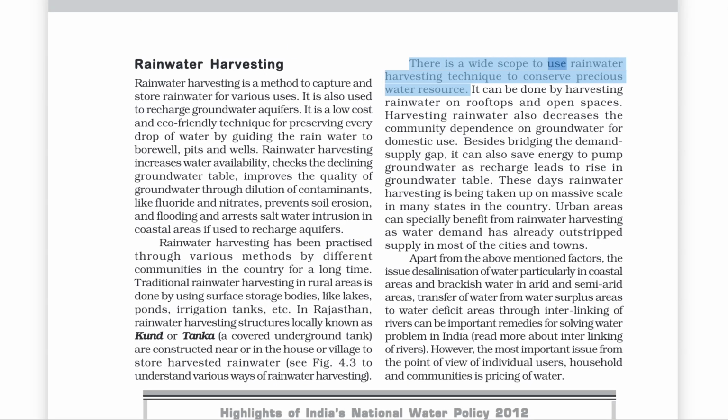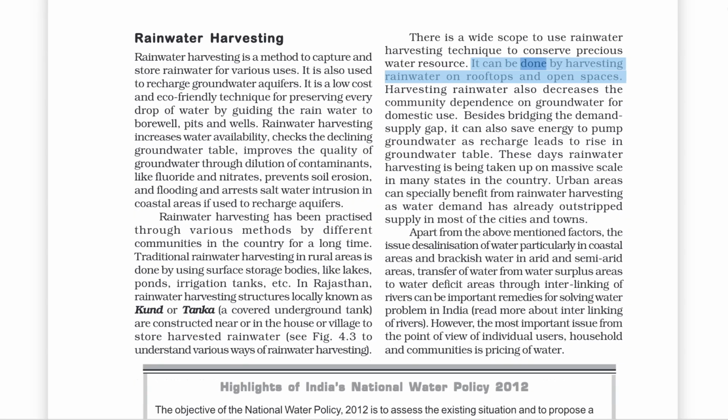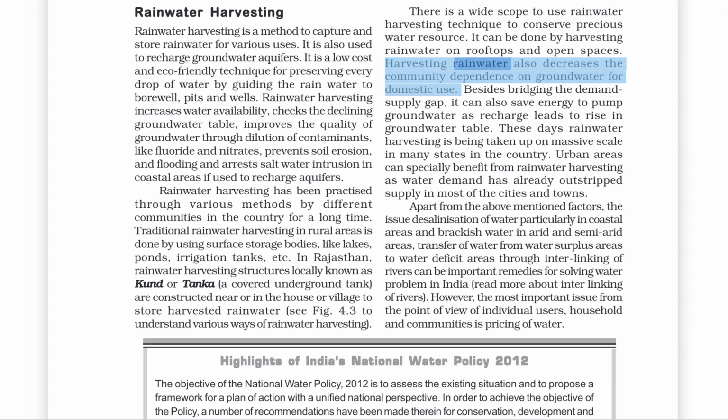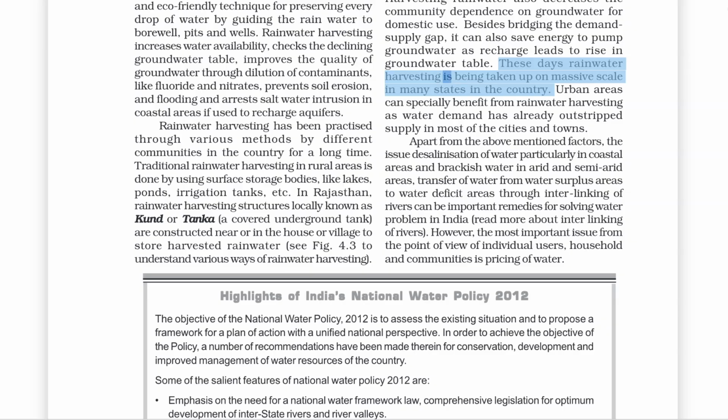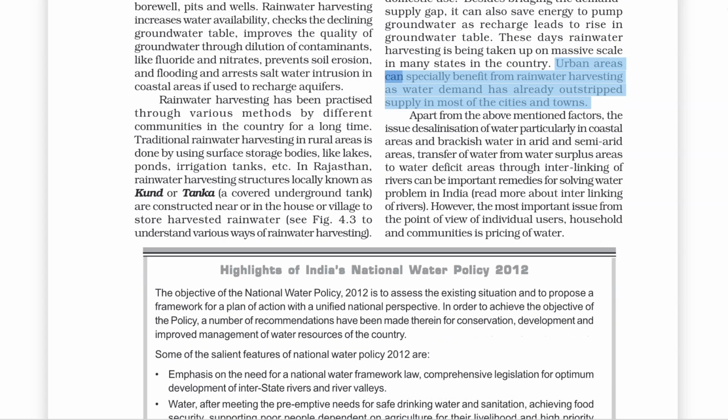There is a wide scope to use rainwater harvesting technique to conserve precious water resource. It can be done by harvesting rainwater on rooftops and open spaces. Harvesting rainwater also decreases the community dependence on groundwater for domestic use. Besides bridging the demand-supply gap, it can also save energy to pump groundwater as recharge leads to rise in groundwater table. These days, rainwater harvesting is being taken up on massive scale in many states in the country. Urban areas can specially benefit from rainwater harvesting as water demand has already outstripped supply in most of the cities